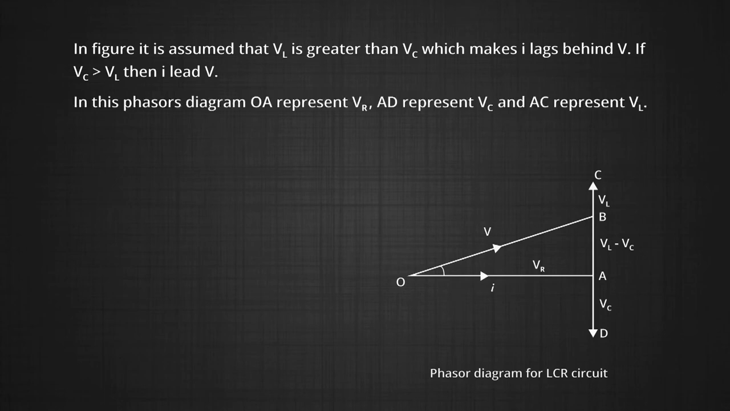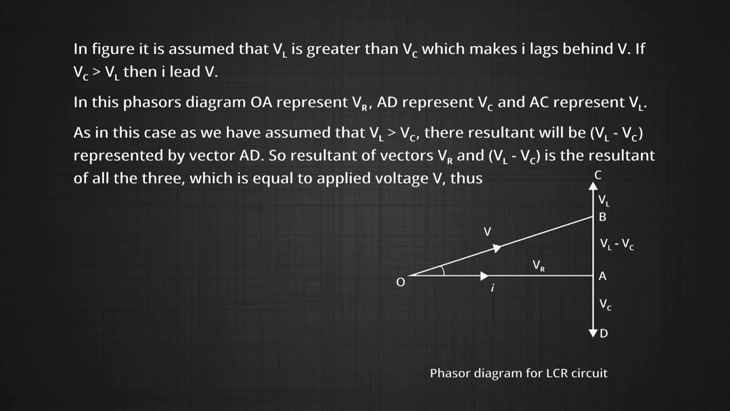In this phasor diagram, OA represents VR, AD represents VC, and AC represents VL. As we have assumed that VL is greater than VC, their resultant will be VL minus VC, represented by the vector AD. So the resultant of vector VR and VL minus VC is the resultant of all three, which is equal to the applied voltage V. Thus, V is equal to under root VR square plus (VL minus VC) whole square,